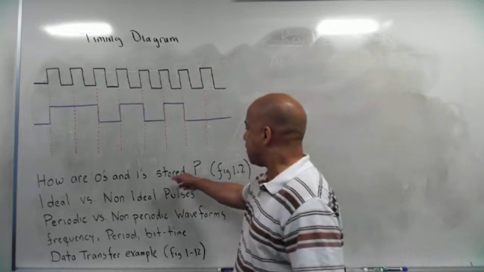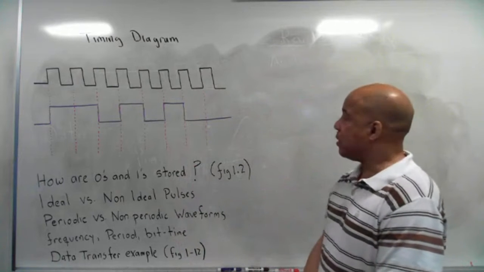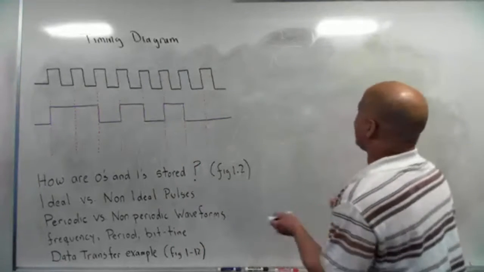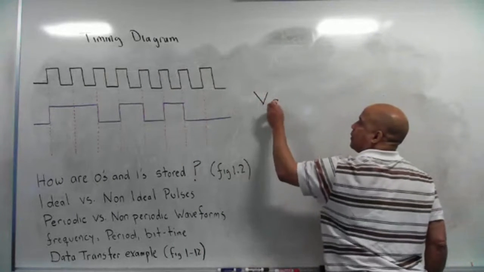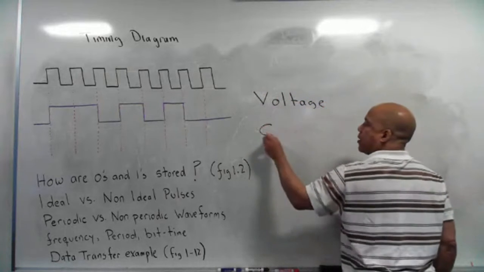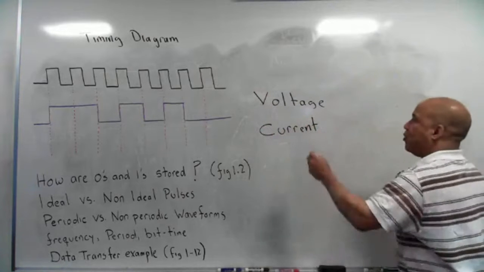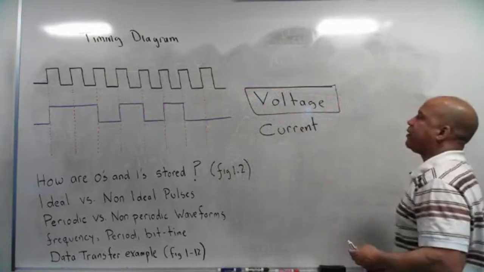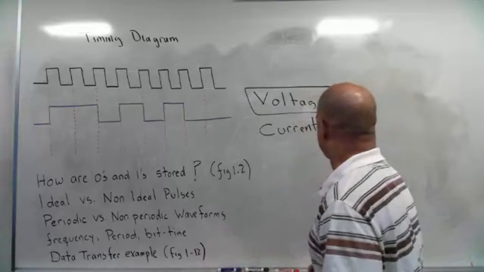So let's talk about how are zeros and ones stored in a computer. Well, as I said before, the only thing devices can understand, an electrical device, is this idea of a voltage or current. And so what we'll do is we'll just focus on this, voltage. I can use voltage to represent digital information. And so the way it's done